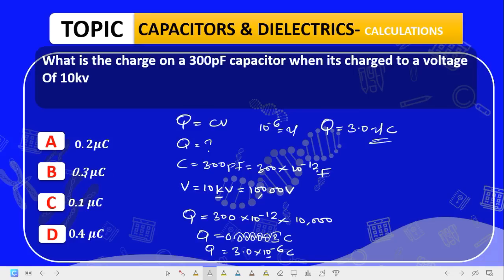It's supposed to be 3 micro coulomb. Okay, 3 micro coulomb and not 0.3 micro coulomb. Okay, sorry about that. This one was 1.0 kilovolt. So if it is 1.0 kilovolt, it means one will be 1.0 kilovolt, 1.0 kilovolt, and then this will give us